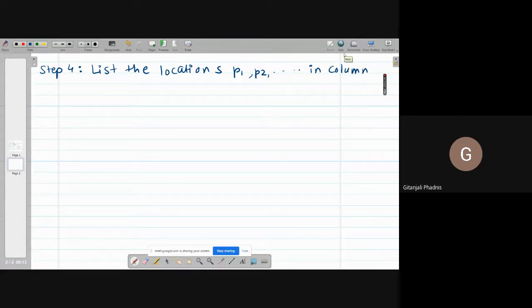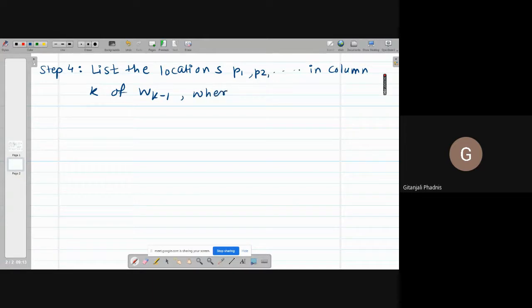So wherever I have a 1 in the first column, that location I am going to call P1, P2. You write it down, and when we have the example, the idea will be clearer. List the locations P1, P2 in the column K of WK minus 1